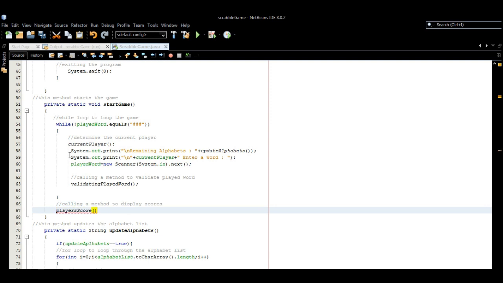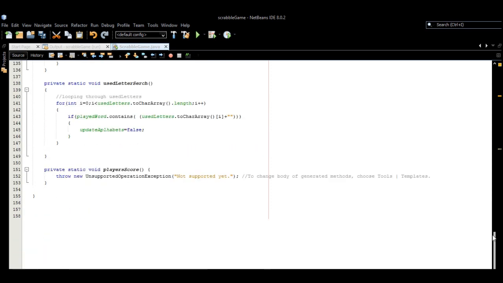This is the method for displaying player scores. Now I'm going to quickly create this method, then I'll scroll down and then I'll comment this method. I'll say this method displays players score,